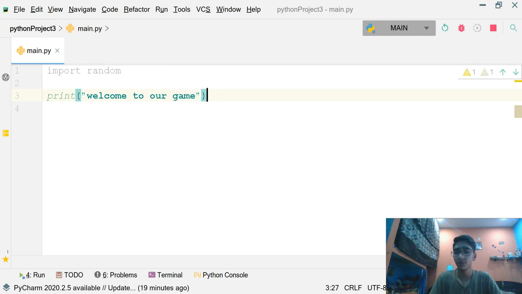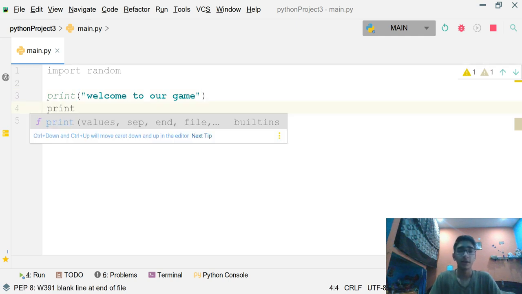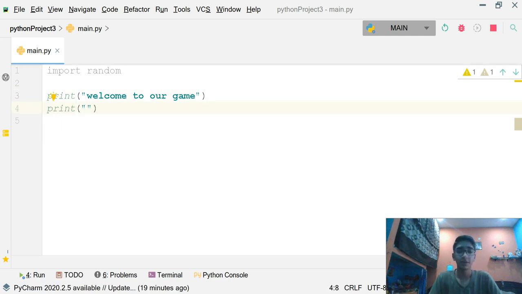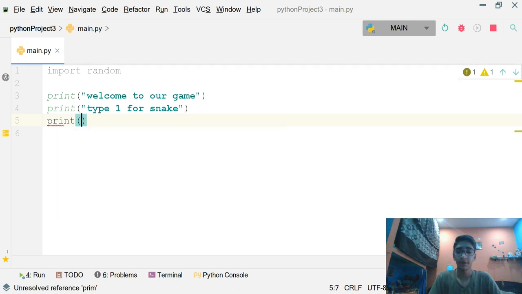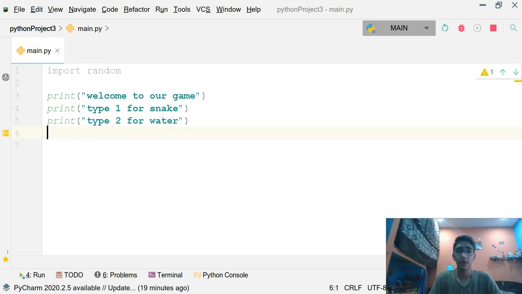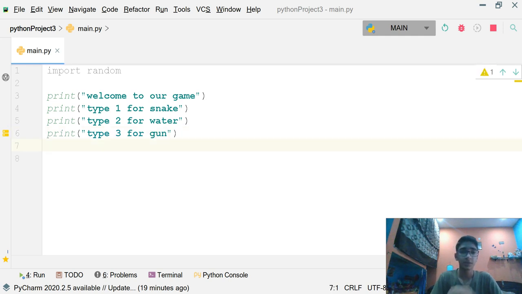Another print statement, type 1 for snake, print type 2 for water, and print type 3 for gun. So this is what I want.